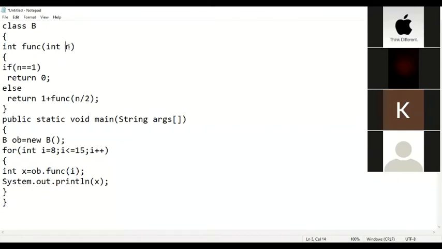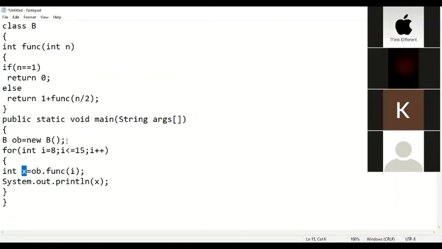So when I equals to 8, this function will be called. तक जो भी वैल्यूज होंगी एक एक करके इसमें पास होंगी I, and वो value x में store होगी and that will be printed. Have you understood the program?